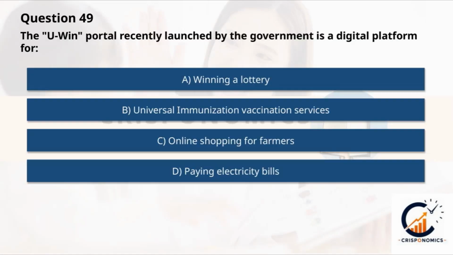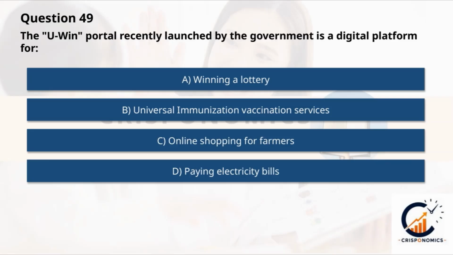Let's take a look at the UWIN portal, a new digital platform launched by the government. It's designed to serve a specific purpose, but which one? Is it for paying electricity bills, supporting online shopping for farmers, providing universal immunization services, or maybe something as unexpected as winning a lottery? This question challenges us to think about how digital platforms are shaping different areas of public